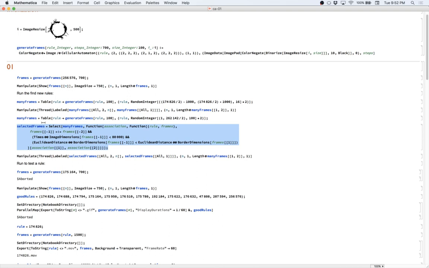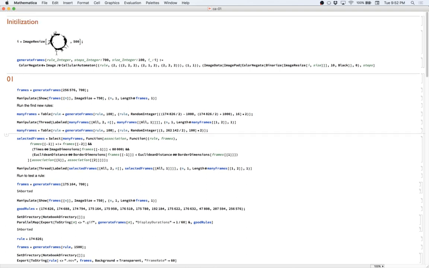We wanted it to spread slowly and not super fast, because there are lots of these cellular automata that grow basically at the fastest possible speed, which is one cell per step in each direction. But that's not going to have some interesting border shape if it does that. So we basically want to find something that grows very slowly. And so all this is doing to select them is, after it's computed these right here, it's going to,